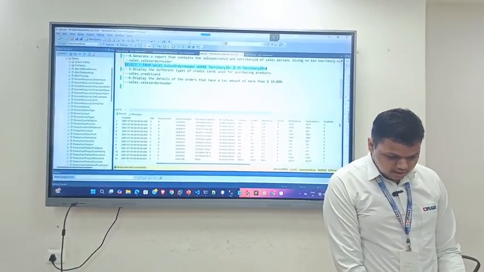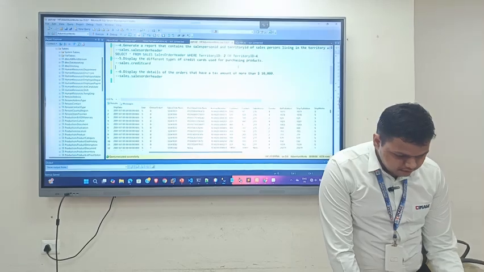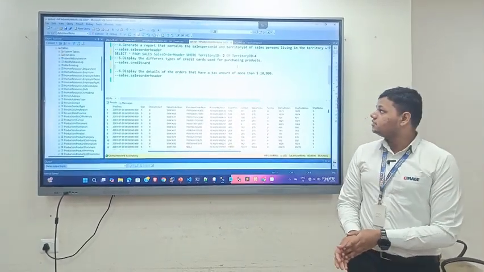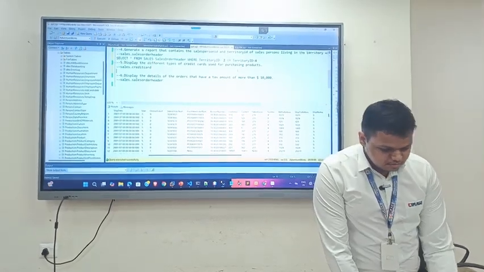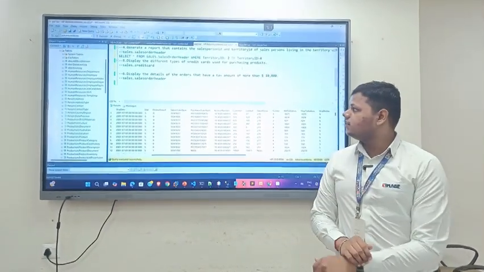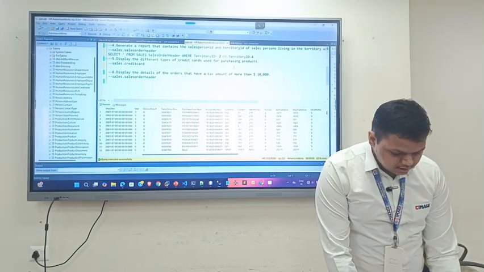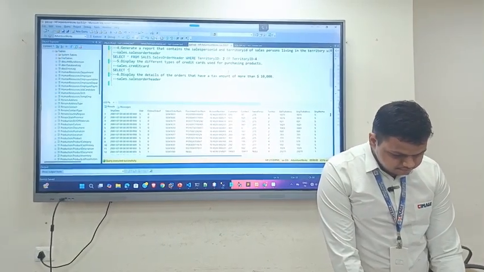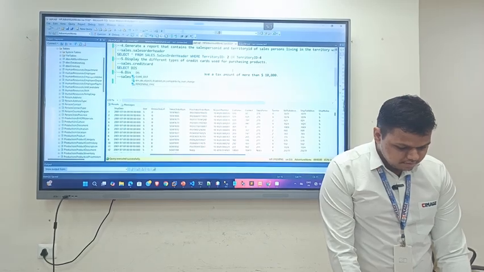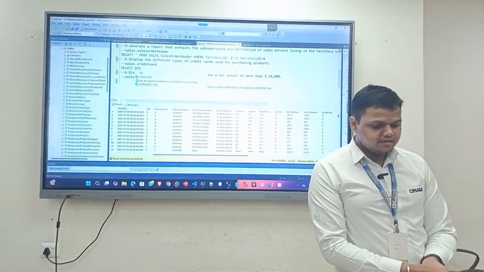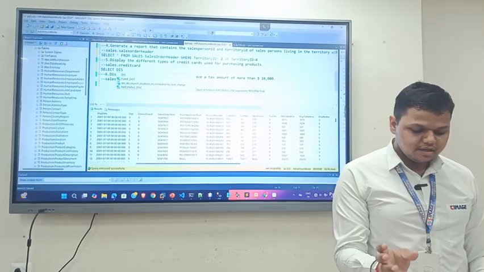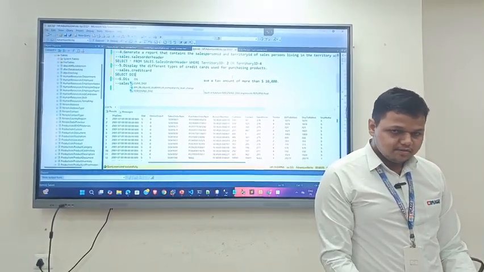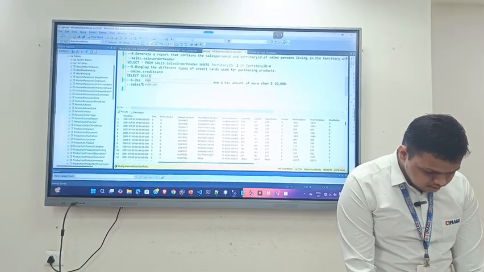And the second last query we have: display the different types of credit card used for purchasing products. Here we will be using the sales schema and credit card table. Here we will be using the distinct keyword that only returns the unique rows from the table.